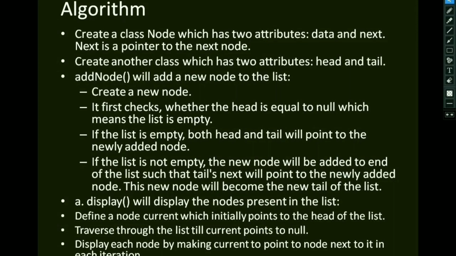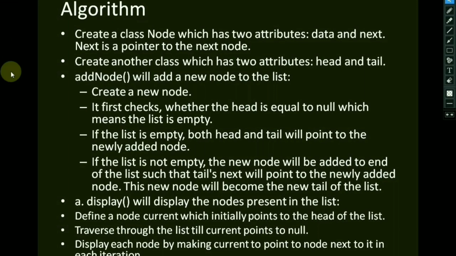So now we will write a code where we are going to implement linked lists. So first let's see the algorithm of the code. Whenever you're writing an algorithm, you are just taking real life things and writing them down through code. So just now we discussed a linked list contains a node. So very similarly we will make a class node. I told you that linked list has two fields, data and link part. So we'll add two attributes to our class node, which are data and next. Now we'll have one more class with attributes head and tail. So head will always be your first node and tail will be your last node.